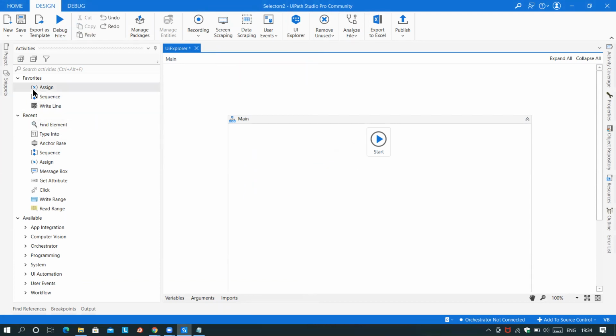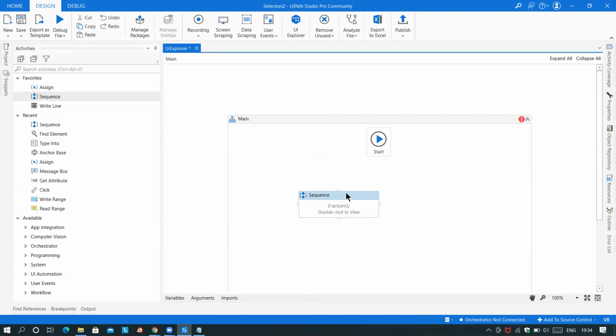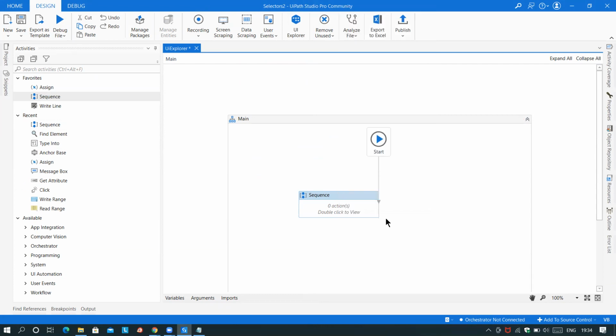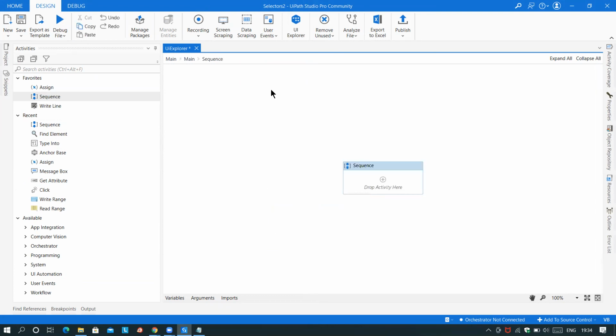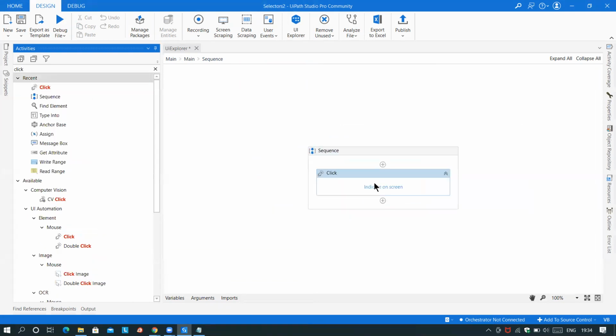Right now, drag a sequence, right click, set as start node. This time, click is the activity, drag and drop. Okay, see,